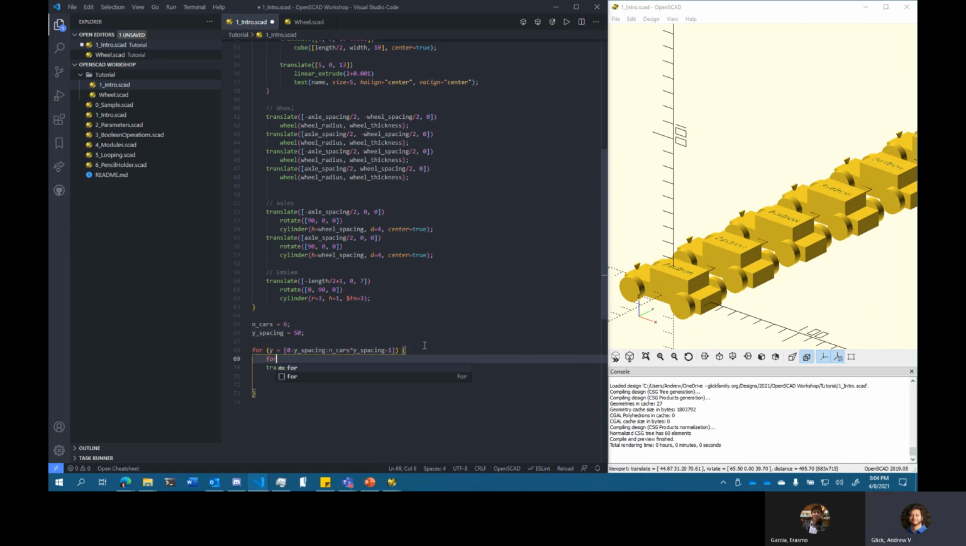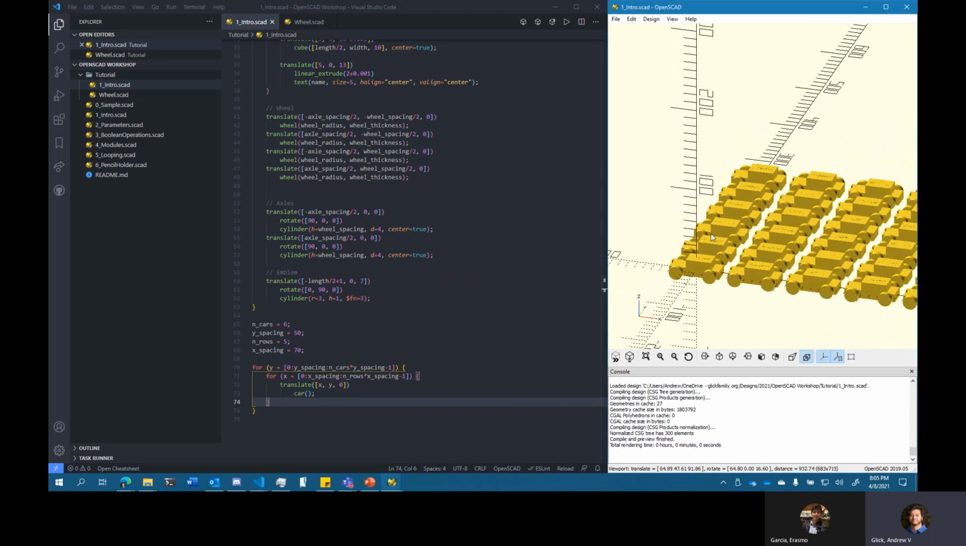So I'll leave it like that, and then let's do it in the x direction as well. For x from 0, and we probably need, let's just say, n rows, rows of cars. Let's say that's 5 maybe, and then x spacing equals 70. I prepared this, so I know that those values are good. Let's go by x spacing, up to n rows times x spacing minus 1. Also get our brackets here, and we can translate that by x and y, and do that. Then we have an entire fleet of cars,